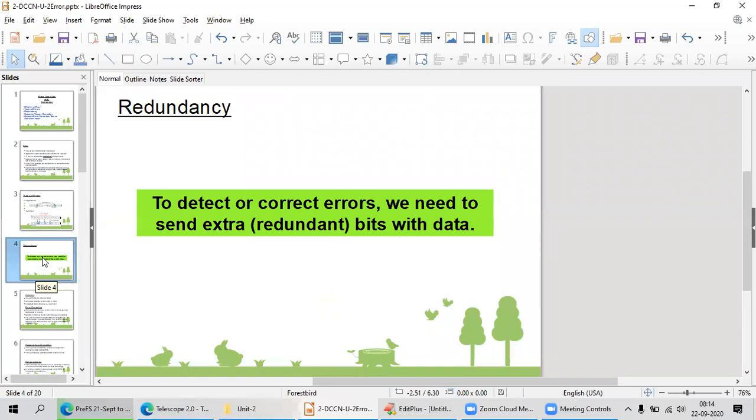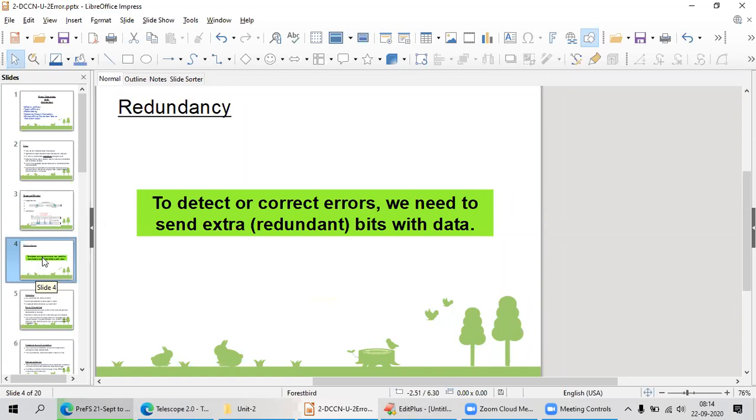Redundancy. Here, redundancy and parity bit. You remember this: redundancy, or redundant bit, or parity bits. To detect or correct errors, we need to send extra bits with data.